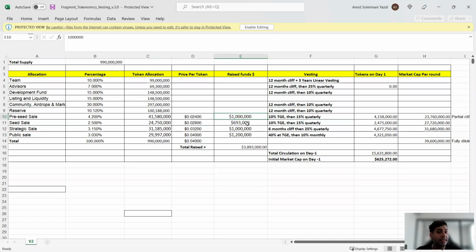As you can see, public has the best advantage, which is really good because sometimes seed and private get more advantage, even though they can buy more. And they are ensuring that the seed and pre-seed investors are holding for more than a year to make sure they provide maximum support for the investment as well.